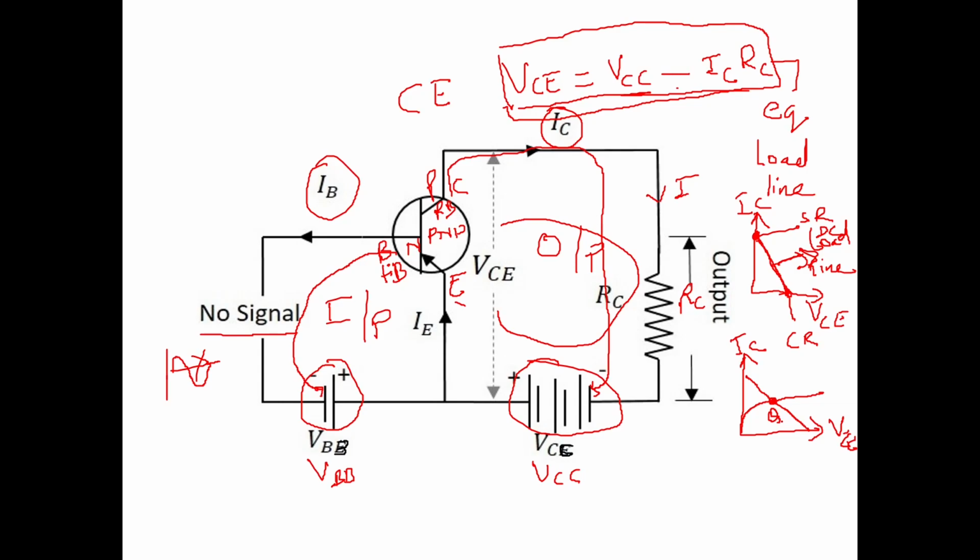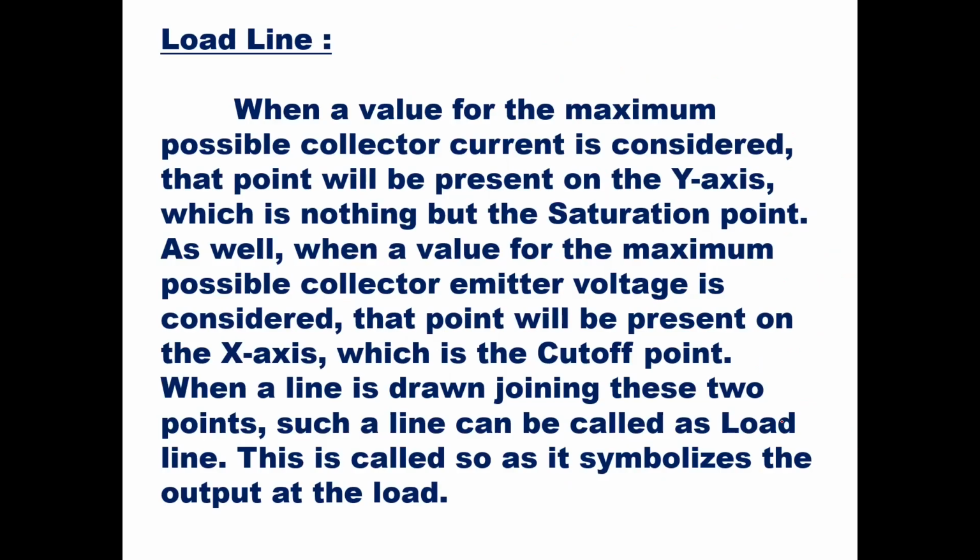Once you get the load line, and if you intersect that load line with the output characteristics of the transistor, you will get the operating point of the transistor and you will understand in which region the transistor is operating. Because to be used as an amplifier, it should be appropriately operated. It will be appropriately operated in the active region only. Then we'll see the definition of load line.